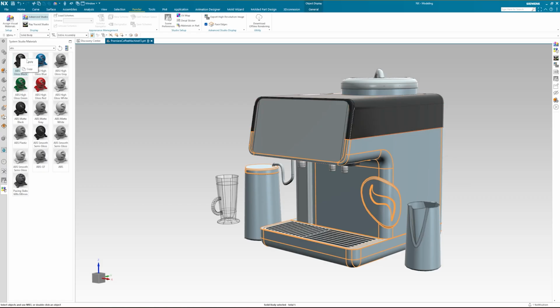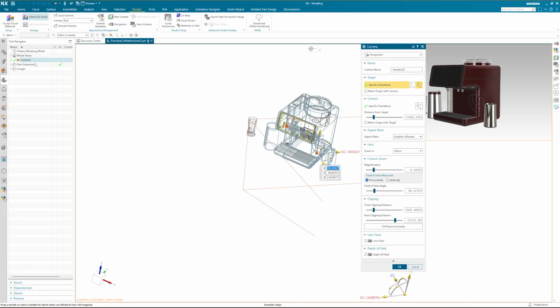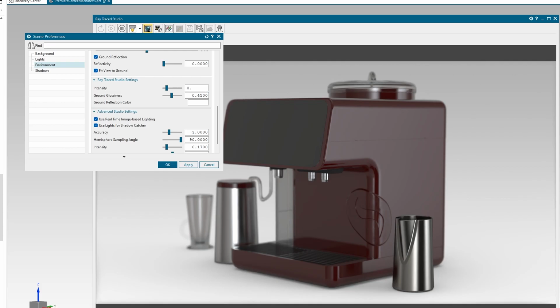New functionality added for this release of NX makes it the best yet and will enable your team to work better and faster. In this video, we'll be taking a look at NX Render and Advanced Visualization. High-quality visualization is an incredibly important part of the design process, enabling design teams to cut down on expensive physical prototypes, create compelling marketing material, and speed up decision-making in the design process.